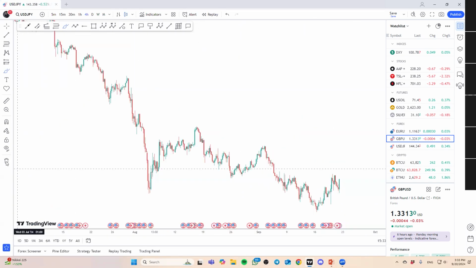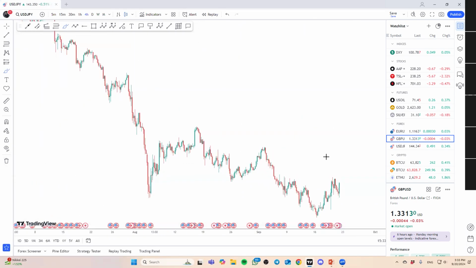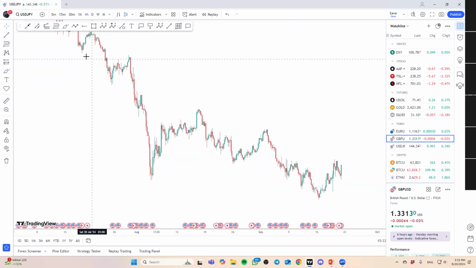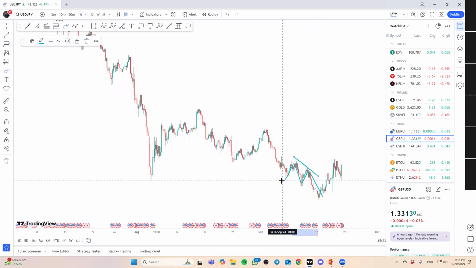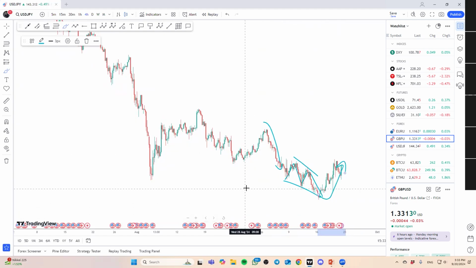I'll give you an example. Okay, dollar yen. What do we have as the market is coming down? We have up, down, up, down. Very, very slow in its development. Previously, it came down a little bit with momentum. That's a crawl. The market starts to reverse. Okay, so I just want to give you some examples.